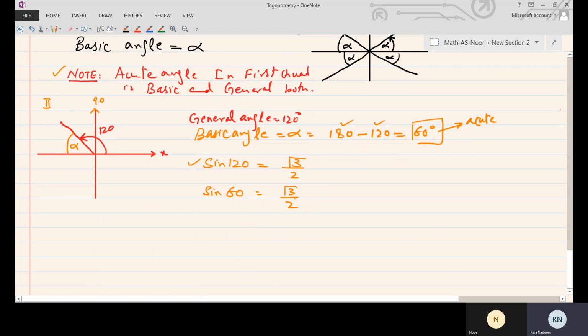Why are both answers the same? Because when you start your journey from this point and reach this point, you will be on this line. But if you come from this point and move to this line, which is called the basic angle, then you will be again at the same position. I mean, by coming from both directions, you will be at the same point. It means the answer must be the same. Okay,